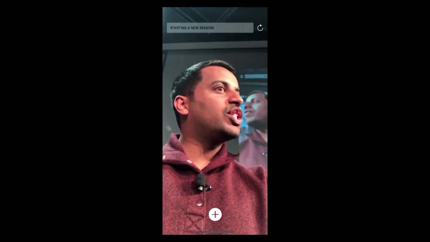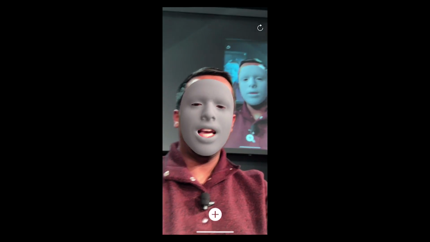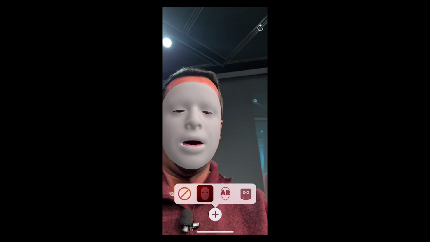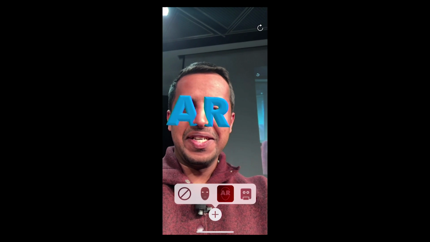I'll also quickly demo face tracking using the 3D depth camera in the front, and it generates a point cloud. It has an infrared sensor that reflects light all around my face, and I can move my face, and it creates a 3D mesh, and you can put different kinds of textures and all kinds of fancy stuff. It can detect eyes, and also, of course, you can put a little droid on your face.